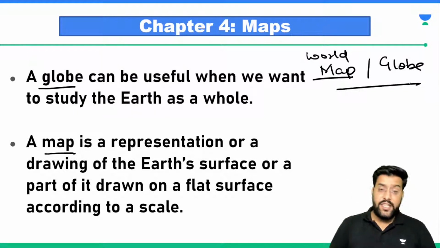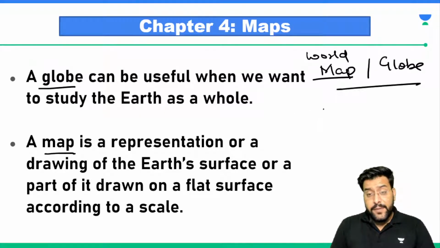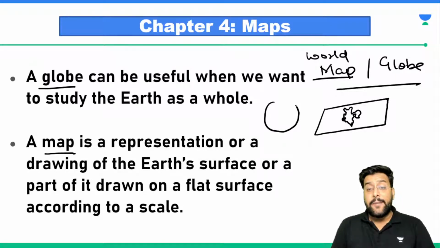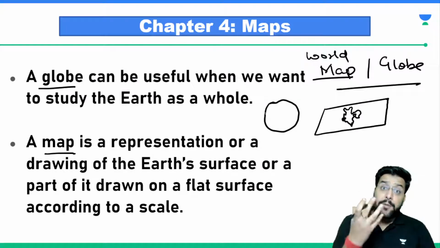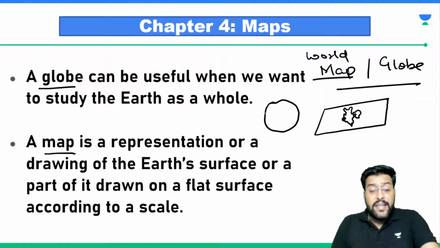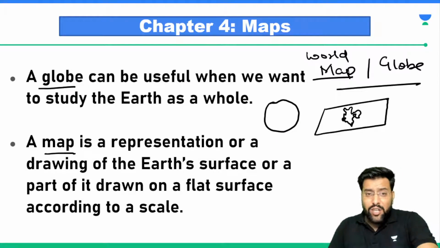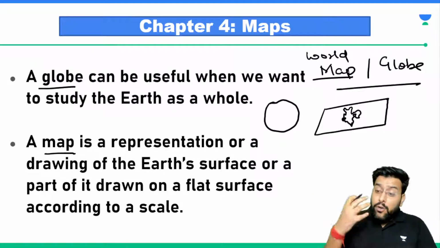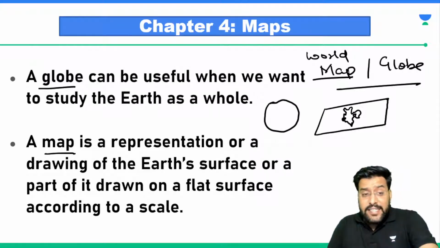Map is 2D while globe is 3D. Okay. So a map is actually drawn on a sheet of paper, and that's why it becomes two-dimensional, and a globe is a three-dimensional representation. It is a miniature model. What is a model? A model is a replication of something which is smaller in size. So we cannot call a map a model of the earth. A map is the representation of the earth on a sheet of paper, but a globe is the miniature model of the earth. So that is the basic difference.